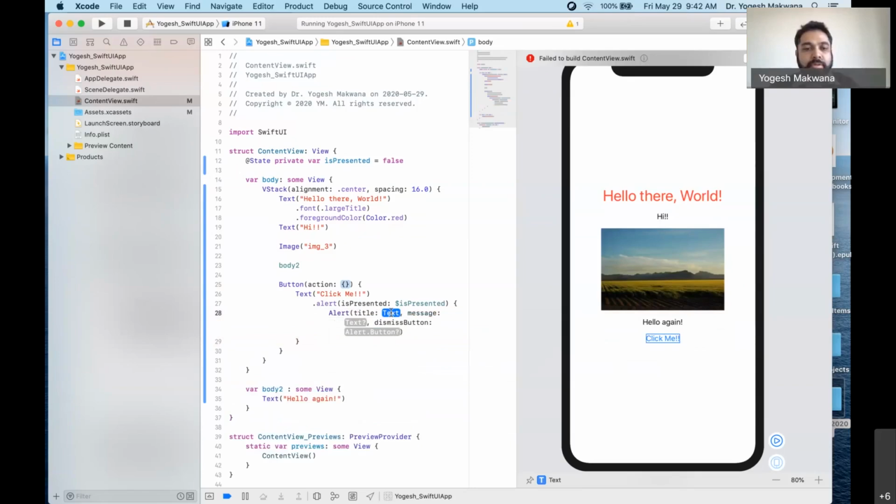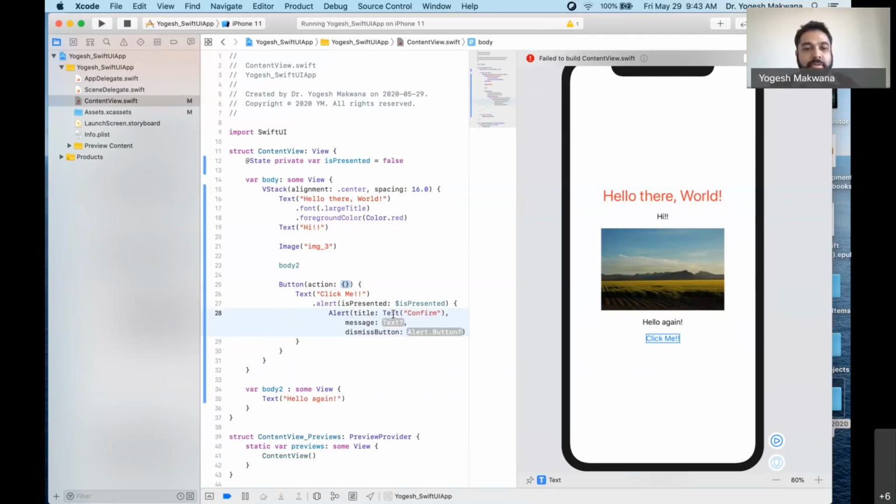So you will see when you do this, it gives you placeholders and it tells you the type it is expecting. So alert title is expected to be text. Make note that it's not string, it's text. And what is text? Text is like this. It basically creates a label. So we need to do that here. It's expecting something that is text. So we'll give it a text